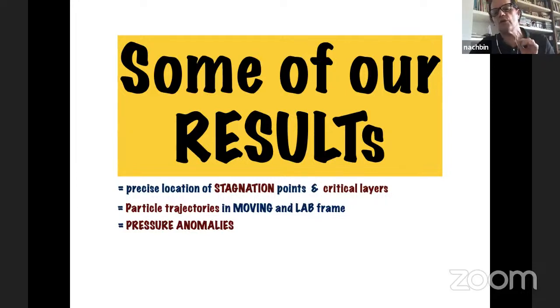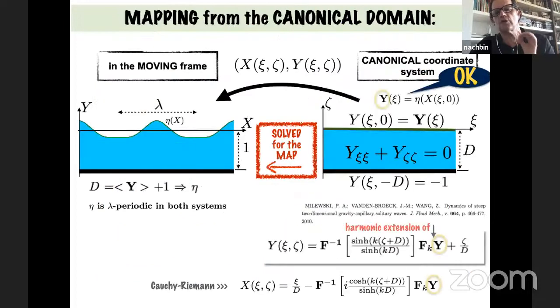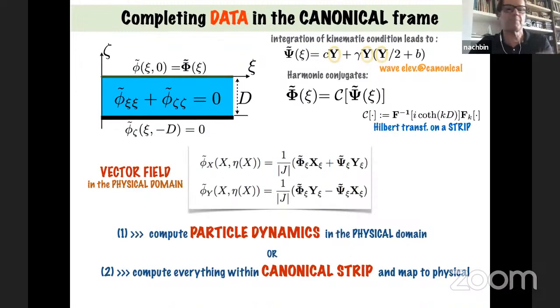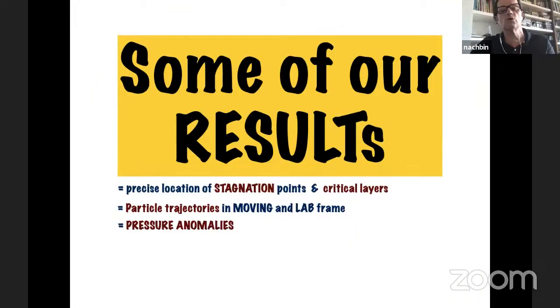So in this way, it was not so difficult to find the precise location of stagnation points. So basically what we have to do, let me go back, we have to go inside the strip and see where things are 0 and so on, and then map it, because we have here how to connect. You see where I wrote the vector field, we have how to connect the velocities in the canonical domain to the velocities in the physical domain. Very good. So let's then go and show the results that came out, and also interesting things that came out of the computations and that provided intuition, right?